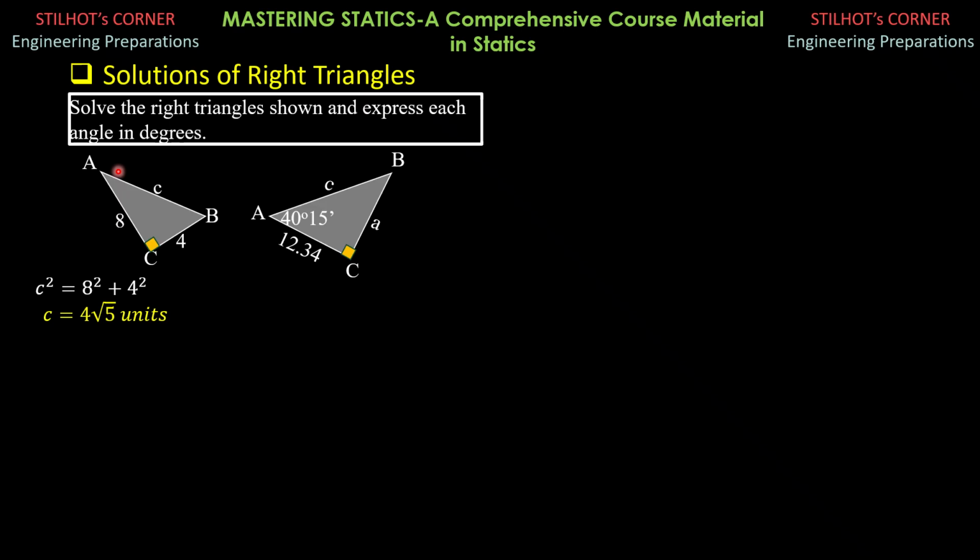Then to solve for A, opposite over adjacent, we will not involve C yet because that's an unknown, so that we can surely solve for A correctly. We use the given data. So I use tangent, opposite over adjacent. Tangent of A is opposite 4, adjacent side is 8. So A is inverse tangent of 4 over 8. Using your calculator, that's 1/2, that's 26.565 degrees.